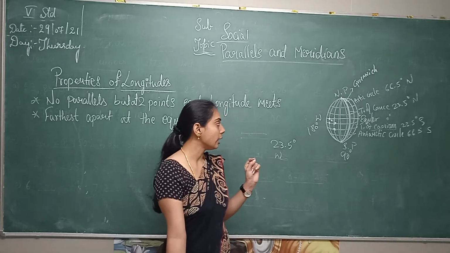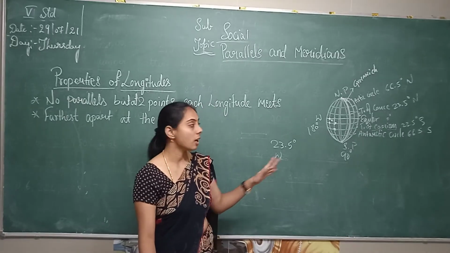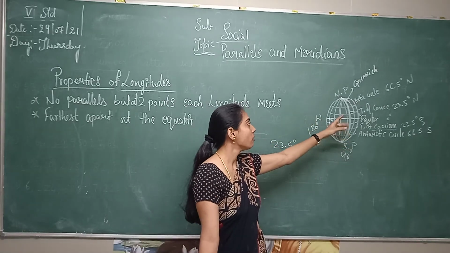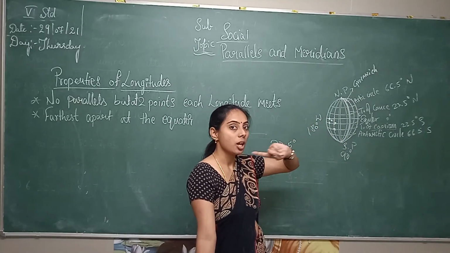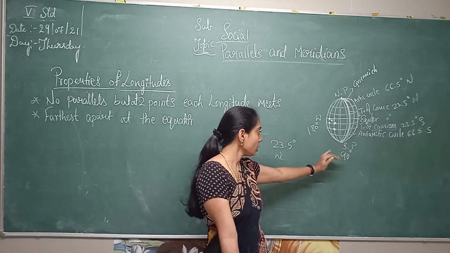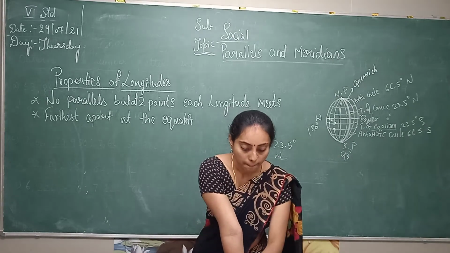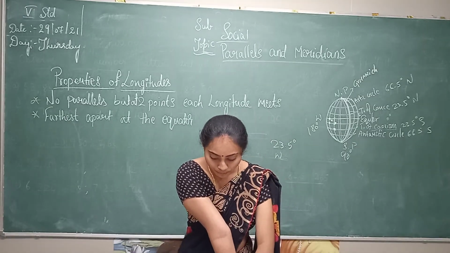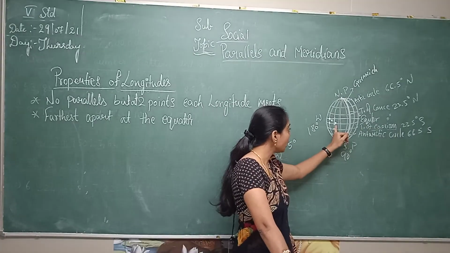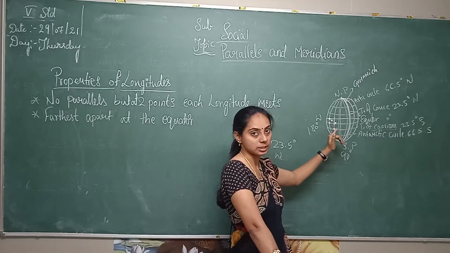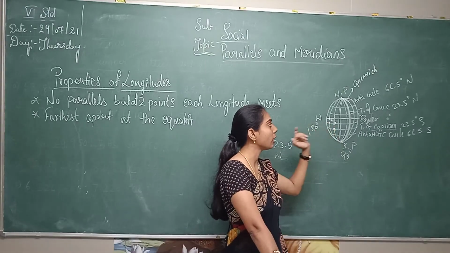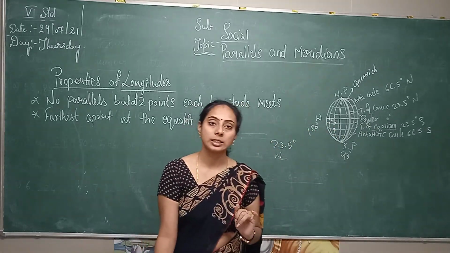Okay, so here we can divide the earth into two halves, the western half and the eastern half. Among the longitudes, one important one is the 0 degree longitude, that is the Greenwich meridian. Importantly, when we take the grid as the basis, with the help of latitudes and longitudes, we are able to locate places easily.